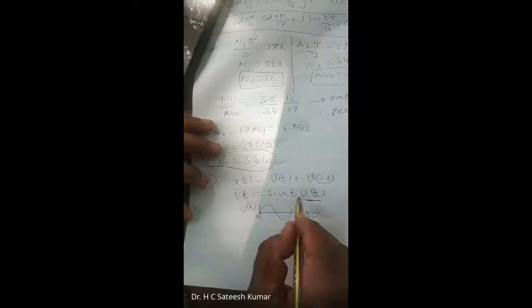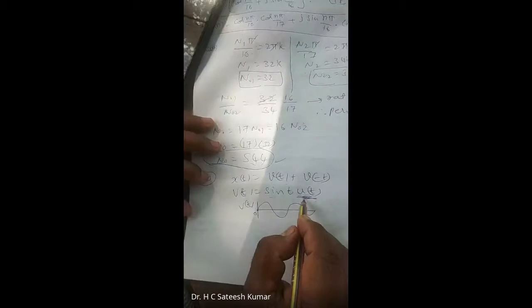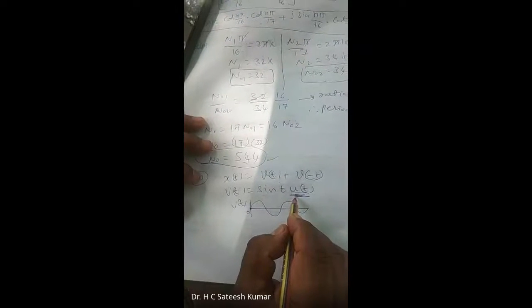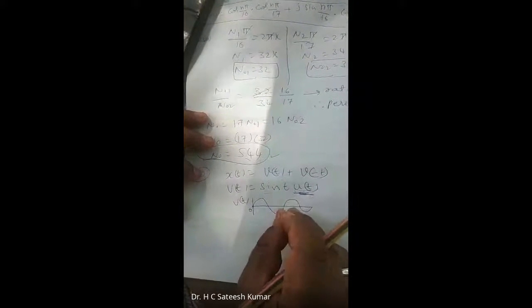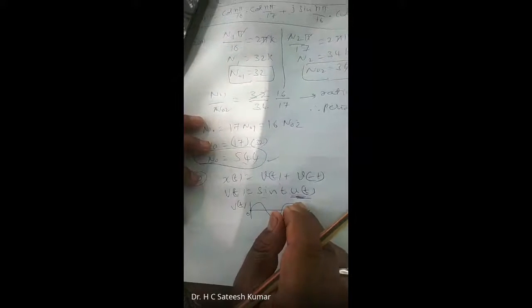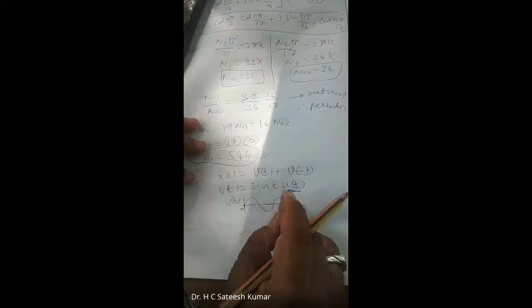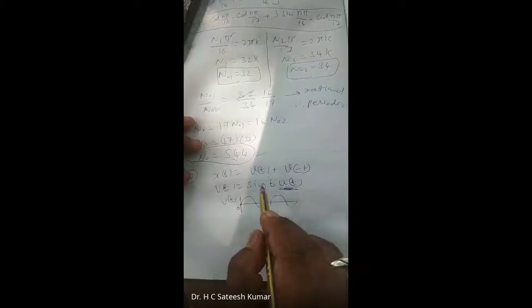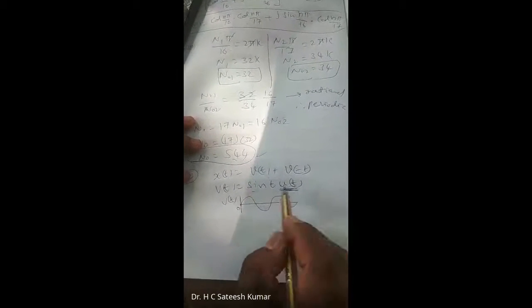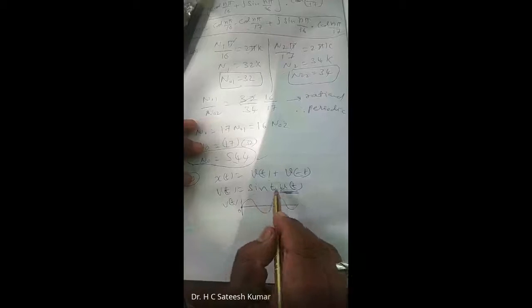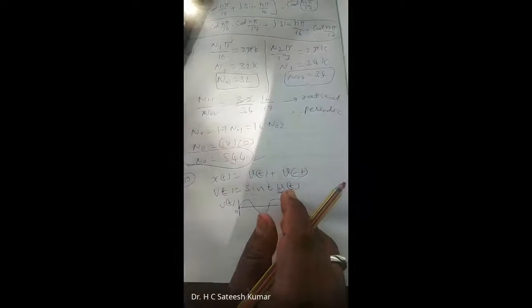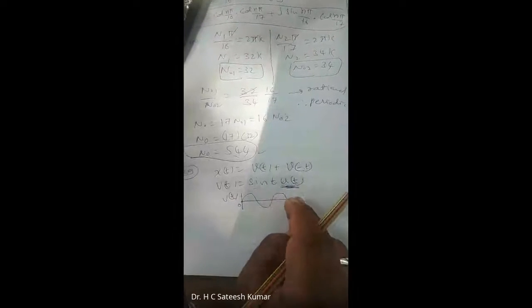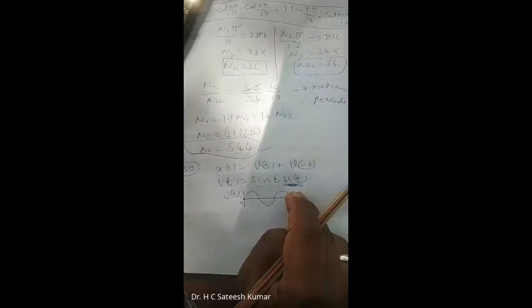This is your v of t because it will not exist before 0, because it is multiplied by u of t. If you multiply by u of t, it means what? Your elementary signal is used to fix the range for the given function. Since u of t ranges from 0 to infinity, its value is 1 only from 0 to infinity. Before that, it is 0. So any function multiplied by this is 0 before that, because 0 into anything is 0. Therefore, any function multiplied by u of t always ranges from 0 to infinity.